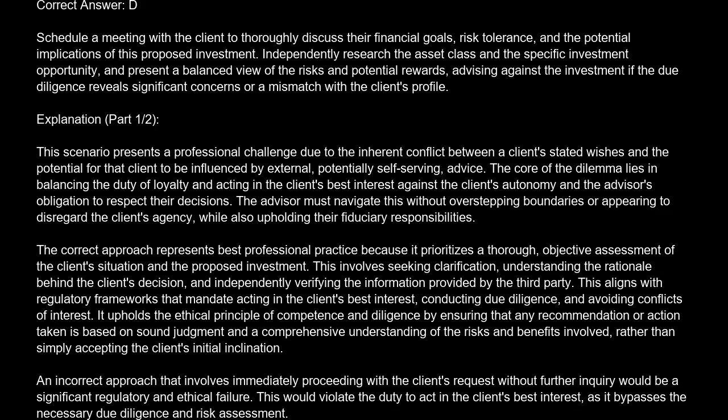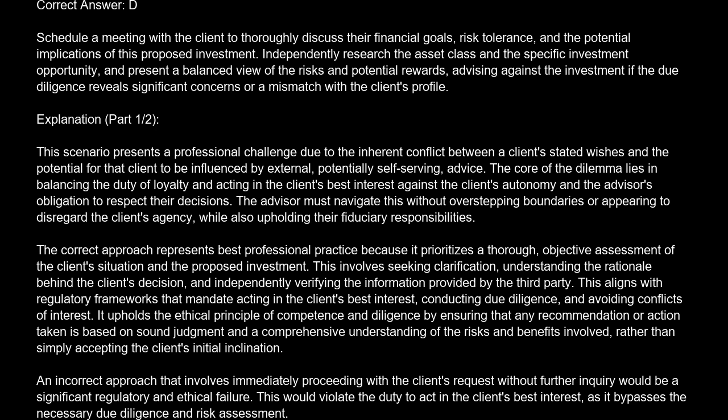The correct answer is D. Schedule a meeting with the client to thoroughly discuss their financial goals, risk tolerance, and the potential implications of this proposed investment. Independently research the asset class and the specific investment opportunity, and present a balanced view of the risks and potential rewards, advising against the investment if the due diligence reveals significant concerns or a mismatch with the client's profile. Explanation. This scenario presents a professional challenge due to the inherent conflict between a client's stated wishes and the